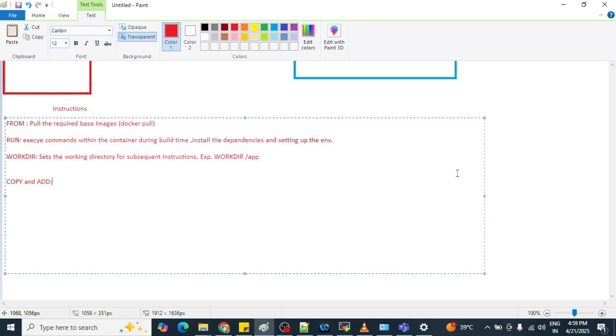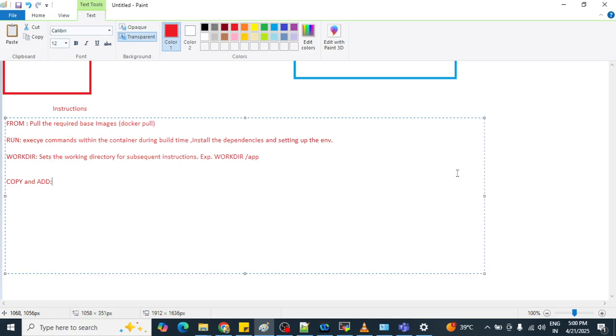It also handles sources like a URL, or suppose our code is in a different location like an S3 bucket, then in that case we can use the ADD instruction. But COPY is used for the same file location only. If we need to copy something from the same location, we use the COPY command, and from a different location we use the ADD command. Okay, I think it is clear now.